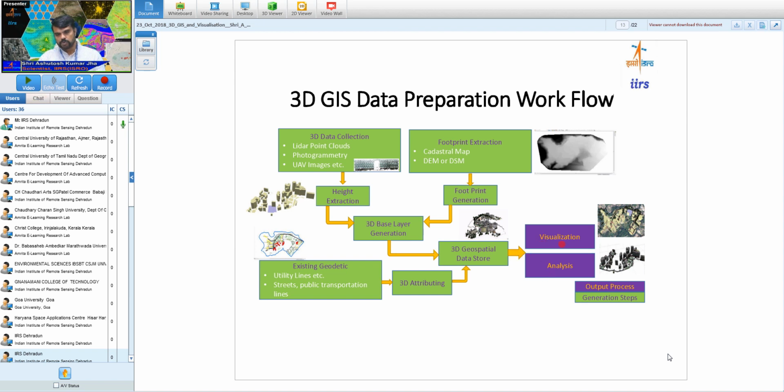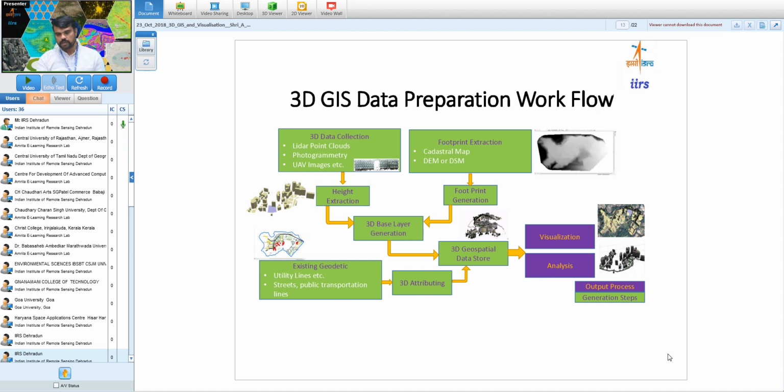And then these datasets can be used for visualizations, or landscape visualizations can be done for the same datasets, or we can carry out a few analyses. So these two are the usage or application of whatever 3D datasets we create. Those are consumed by the visualization process or analysis process to give you a kind of overview of a particular area. So this is just an example of how, if somebody wants to create 3D GIS datasets,